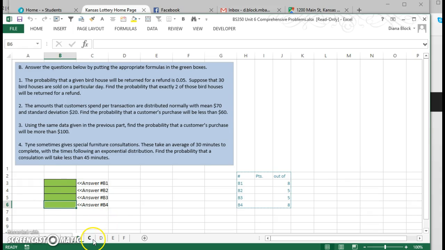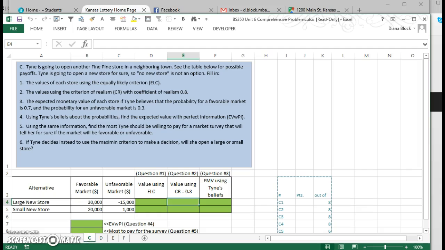So all of that's out of Chapter 2. You're going to use either the binomial distribution function, the normal distribution function, or the exponential distribution function in Excel to solve those. Now, if we look at problem C